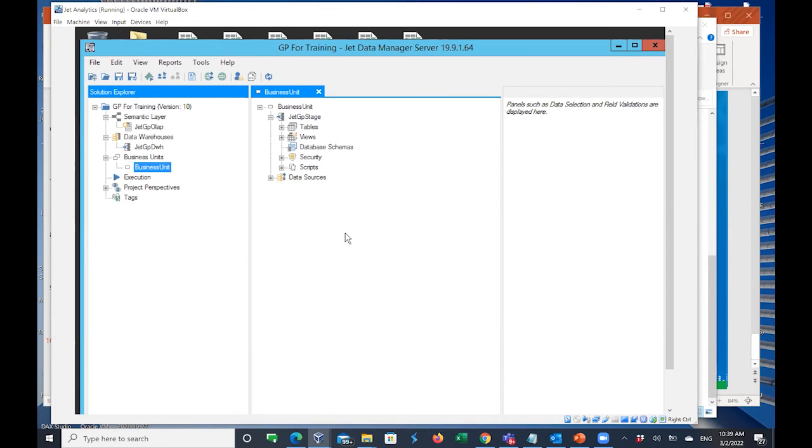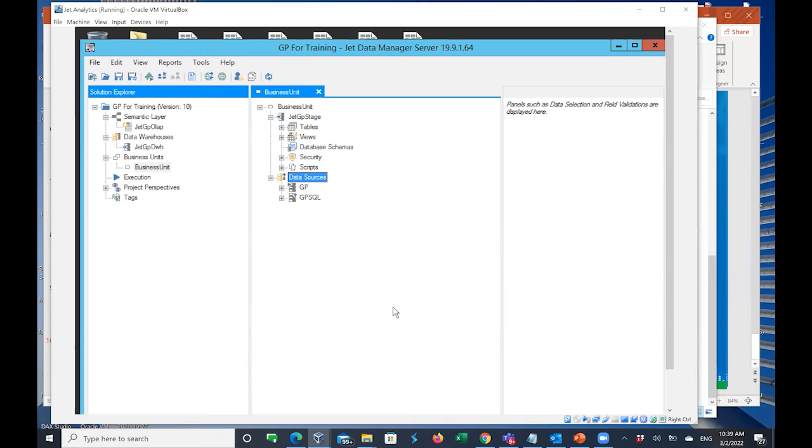into Jet Analytics and then do the various data cleansing, etc., so that this transformed data, which would have been extracted and then transformed, you're now able to load. How do you connect? And you connect to all these data sources by way of a business unit. So the business unit has also other nodes. And if you'll notice here,